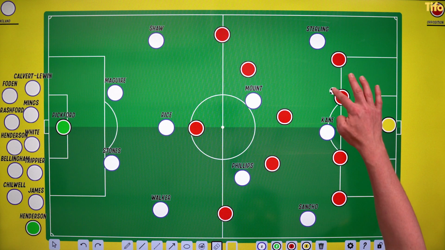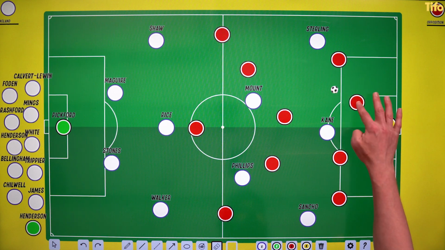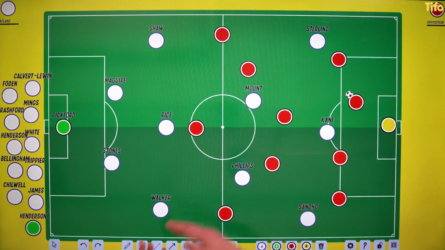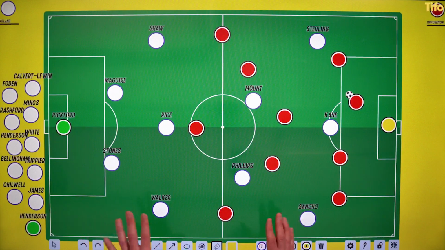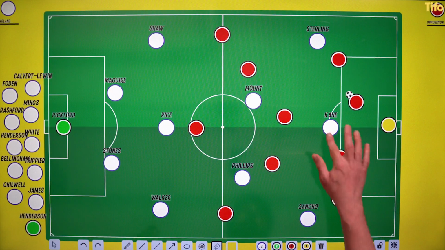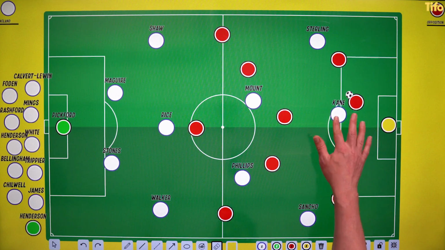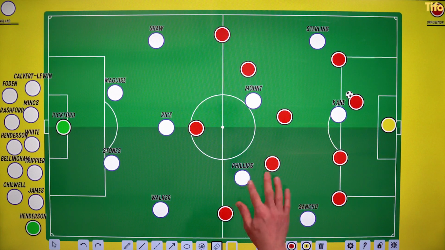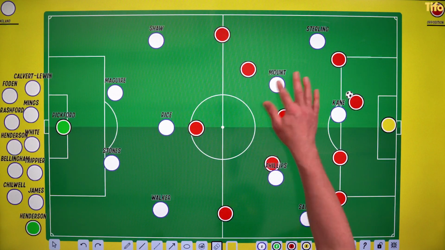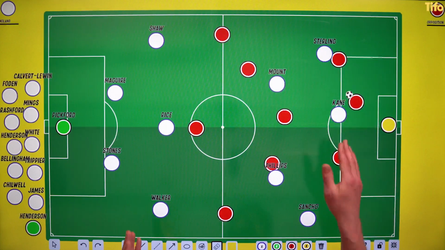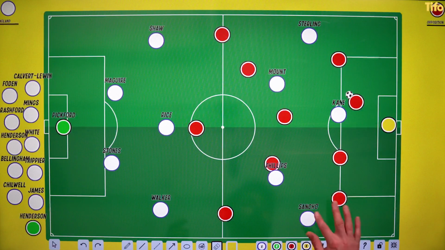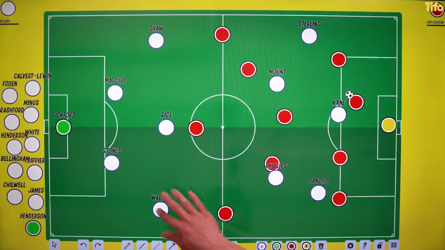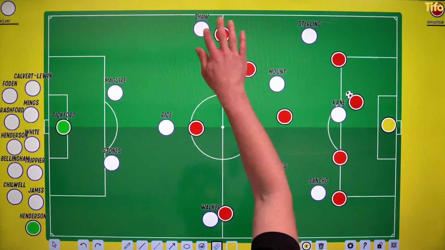So let's say that the opposition have the ball here. Maybe they've won it from like a clearance or a misplaced pass or something like that. Kane isn't the best presser in the world. He sort of chugs around a little bit, but he will pressure towards the fullback, and then England will look to kind of get ahead and they'll press pretty aggressively. If the wide players kind of tuck inside here, fullbacks will push up like this.